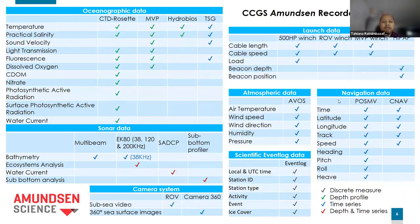In this slide, we have an overview of the kind of data sets that are collected aboard the ship. They are mostly classified as depth-related profile data, that is the oceanographic data here. There is as well sonar data acquired by multi-beam mostly, that are used to map the seafloor along the track of the ship. We have as well an ROV, remote operated vehicle, equipped with 2 arms and a few cameras that are taking pictures and videos along its dive. And the 2 arms serve to collect samples on the seabed,